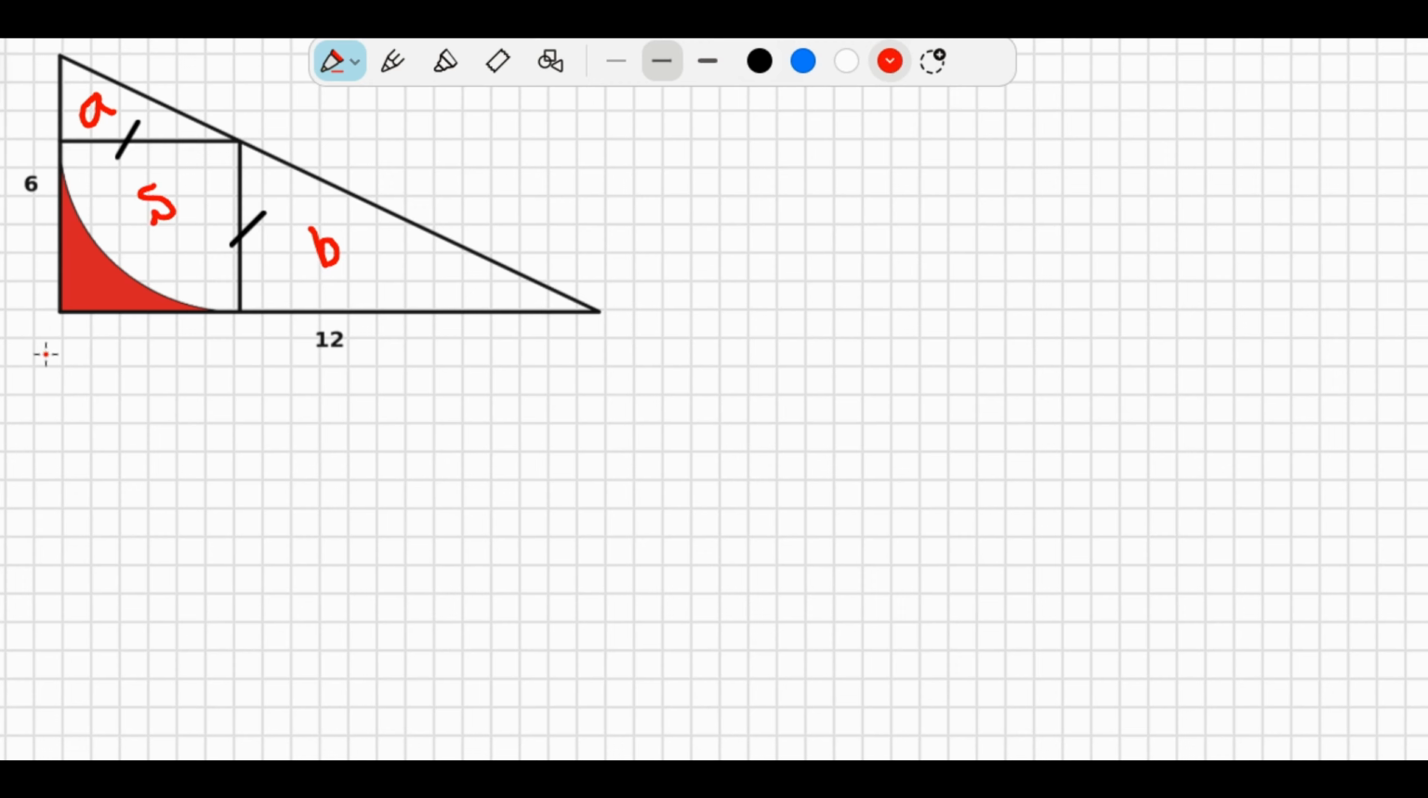Here is the trick. Let's call the whole big triangle T and denote its area as A sub T. Then A sub T is equal to A sub A plus A sub S here plus A sub B here. Then A T equals